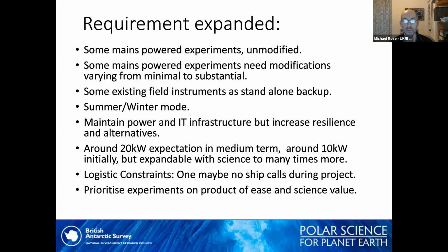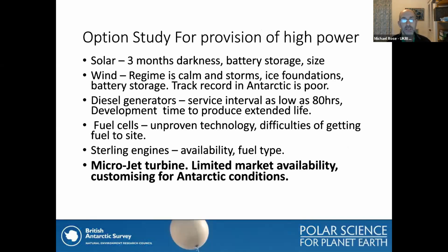And then we've prioritized experiments based upon how easy it was to get them to run automatically, and some sort of metric based on their science value. So if it was very easy, then we automated it, and if it was very valuable, we automated it. And we're now coming to some of the ones which are harder to do and maybe not quite as scientifically productive. And as I say, it really all hinged on providing